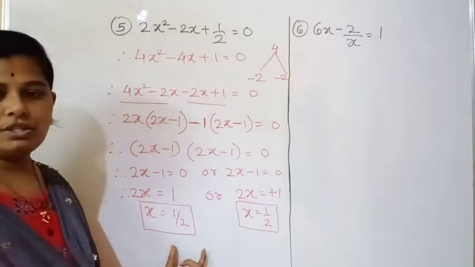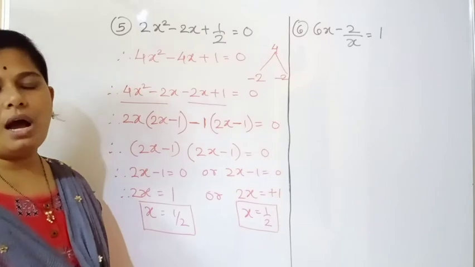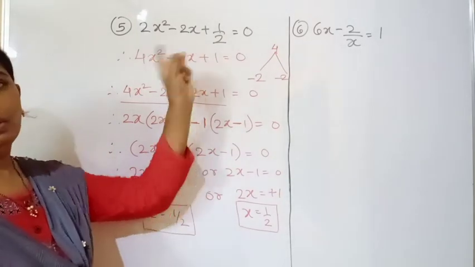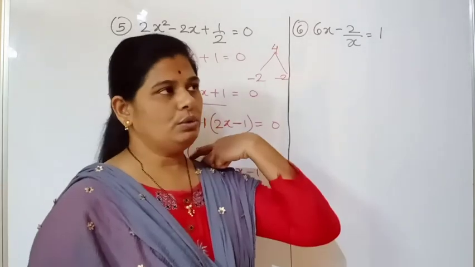So what are the factors here now? 1 upon 2 and 1 upon 2. These are the 2 factors of the given quadratic equation. Okay, got it all of you? Now the next